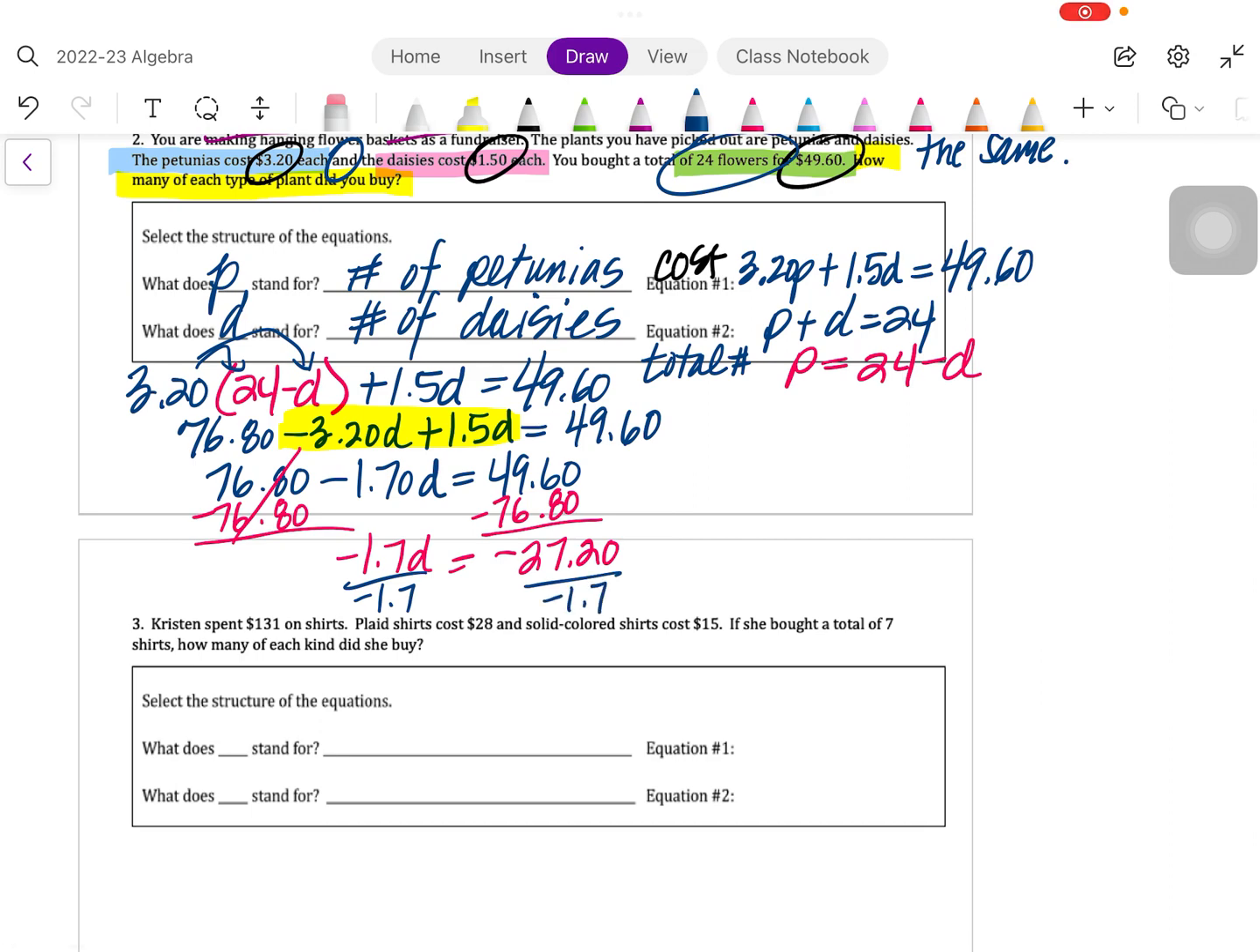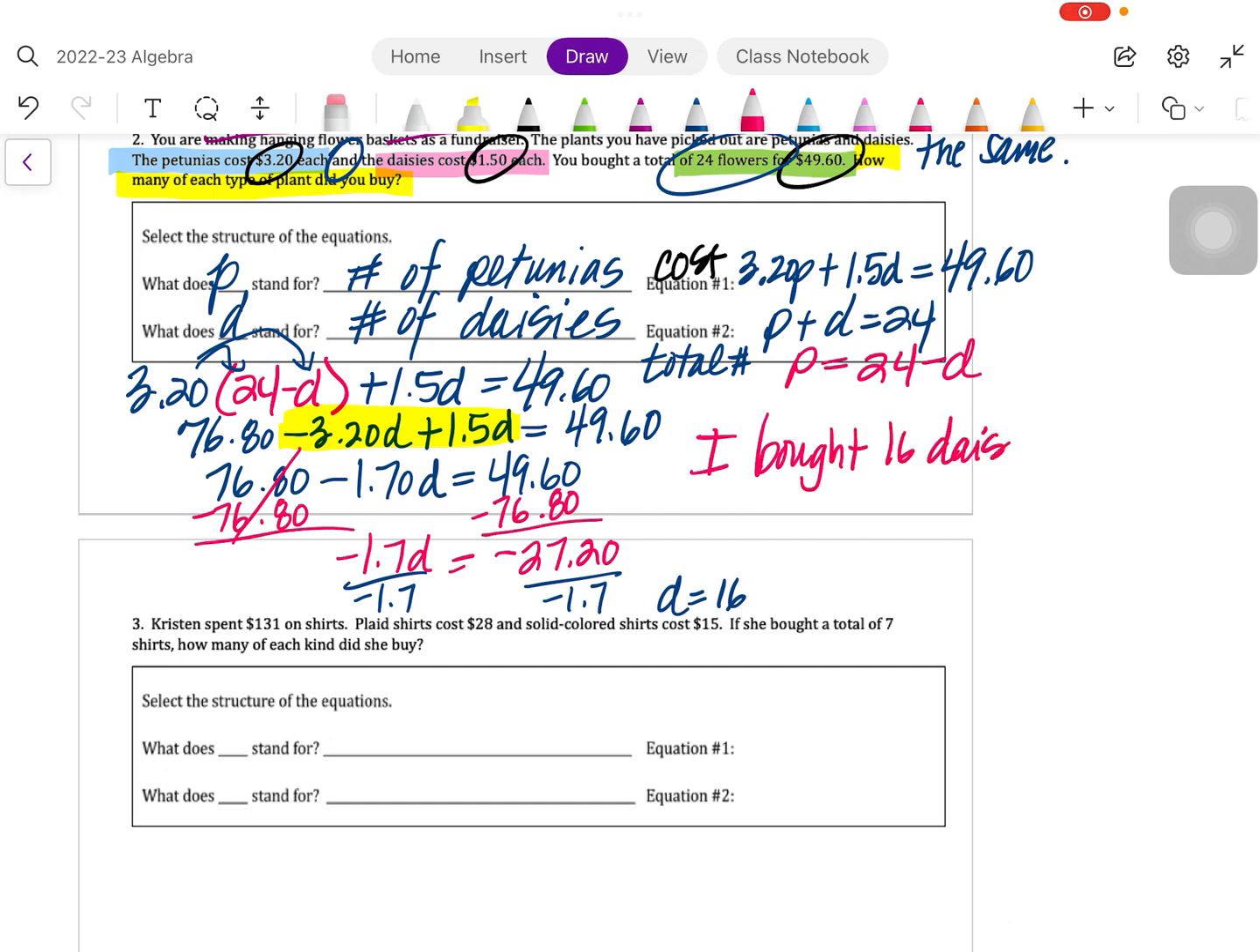Okay, and I still have the negative 2720 in my calculator, so I'm just dividing that by negative 1.7, and I get 16. So D is equal to 16. So I'm going to go back up and look at the question. It says, how many of each type of plant did you buy? So if D equals 16, that means I bought